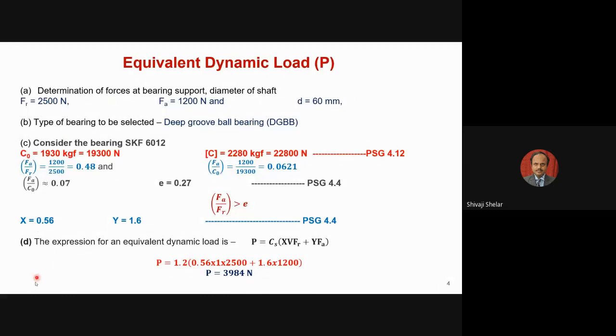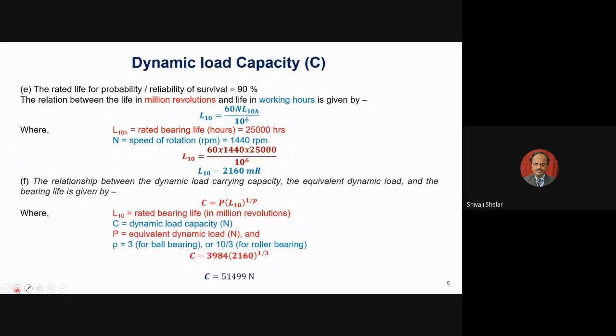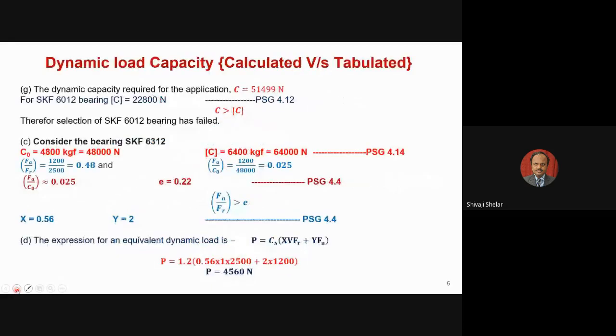On the next slide, I am repeating the steps from step C onward, now with a wise decision. It is not a random decision now; it is a predetermined wise decision with a certain thumb rule. So I am applying my thumb rule and going back to the data table. Here I am going to 6312. Why are we going to 6312? Let's see the tables and understand.